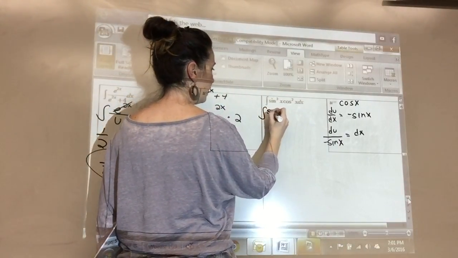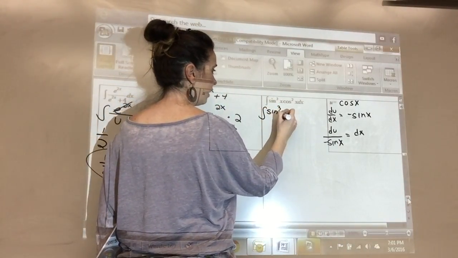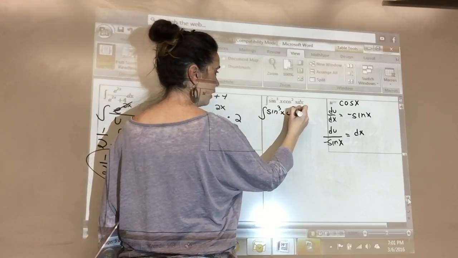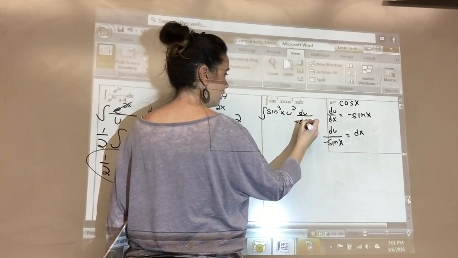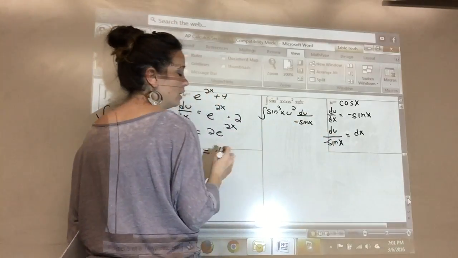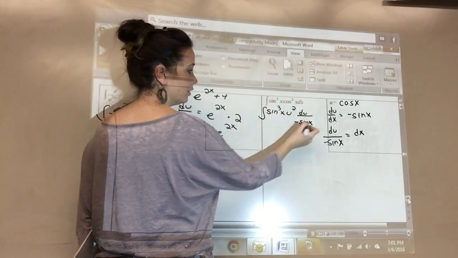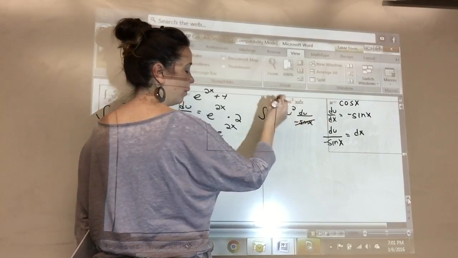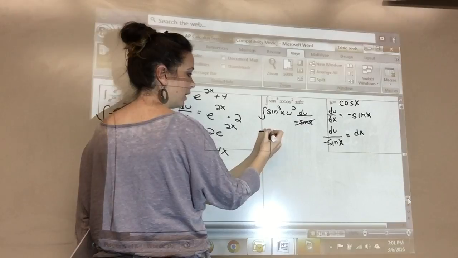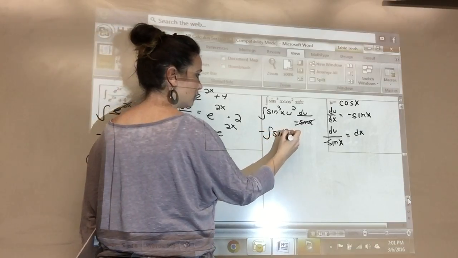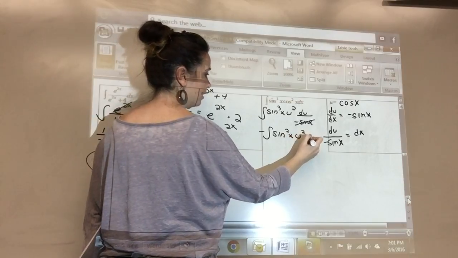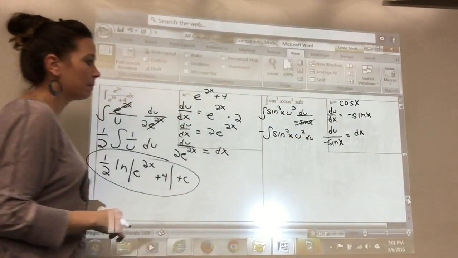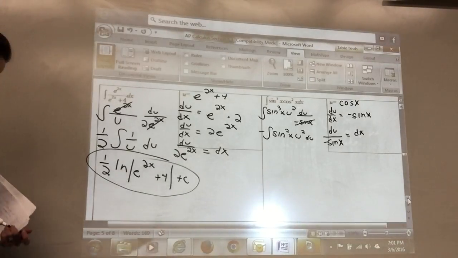We have sine cubed of x, u squared, du over the opposite of sine. Okay, so what's going to happen is I can reduce this with one of those. I'm going to keep the negative outside, so I'm looking at sine squared x u squared du. Okay? And then now that I'm here, what can I do to turn